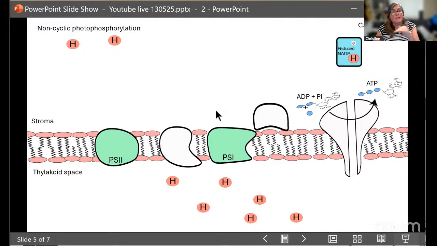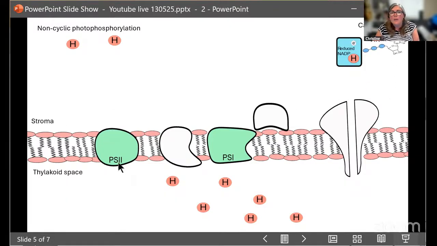We're talking about just the electron transport chain before we get to photolysis. So what you have to understand, because you're asking about these hydrogen ions, is that my diagram's not really the right diagram. I realized this afterwards. I should really have them as hydrogen ions.